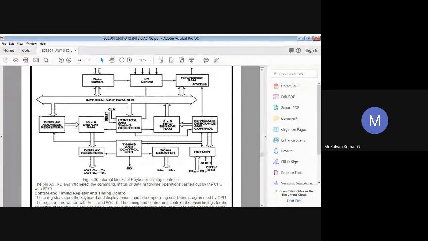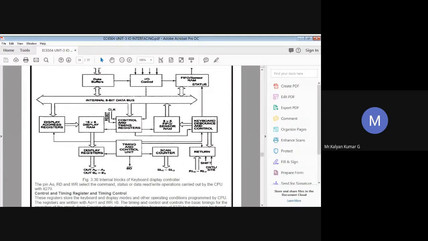The scan counter counts a binary count ranging from 0000 to 1111, which means in decimal from 0 to 15. The binary count must be externally decoded to provide 16 scan lines. The display can use all these 16 scan lines to interface a 16-digit 7-segment display, but the keyboard can use only 8 lines out of the 16 lines.